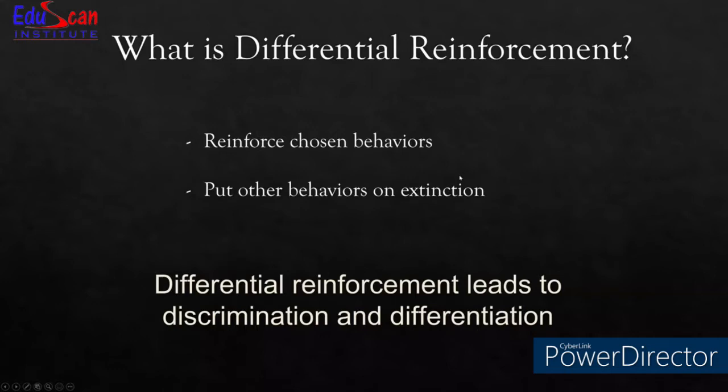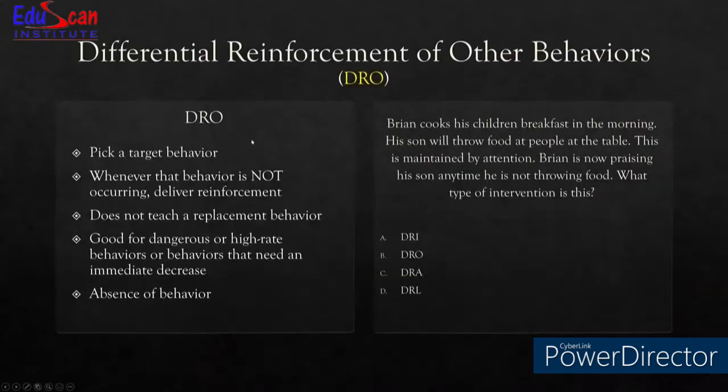DRI is differential reinforcement of incompatible behavior. DRH stands for high rates. DRL stands for low rates. DRD stands for differential reinforcement of diminishing behavior. So when we start to understand all these, let's understand DRO first,